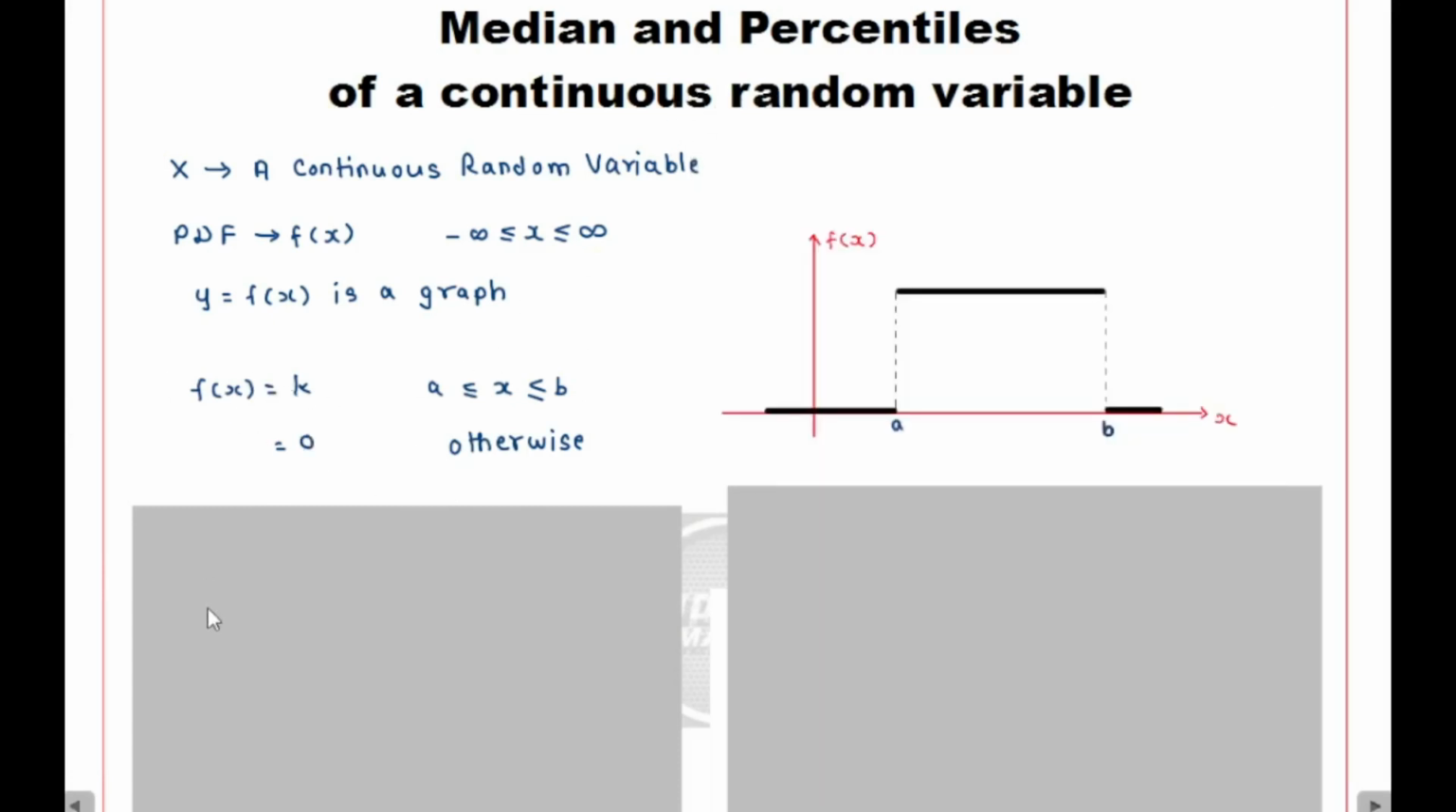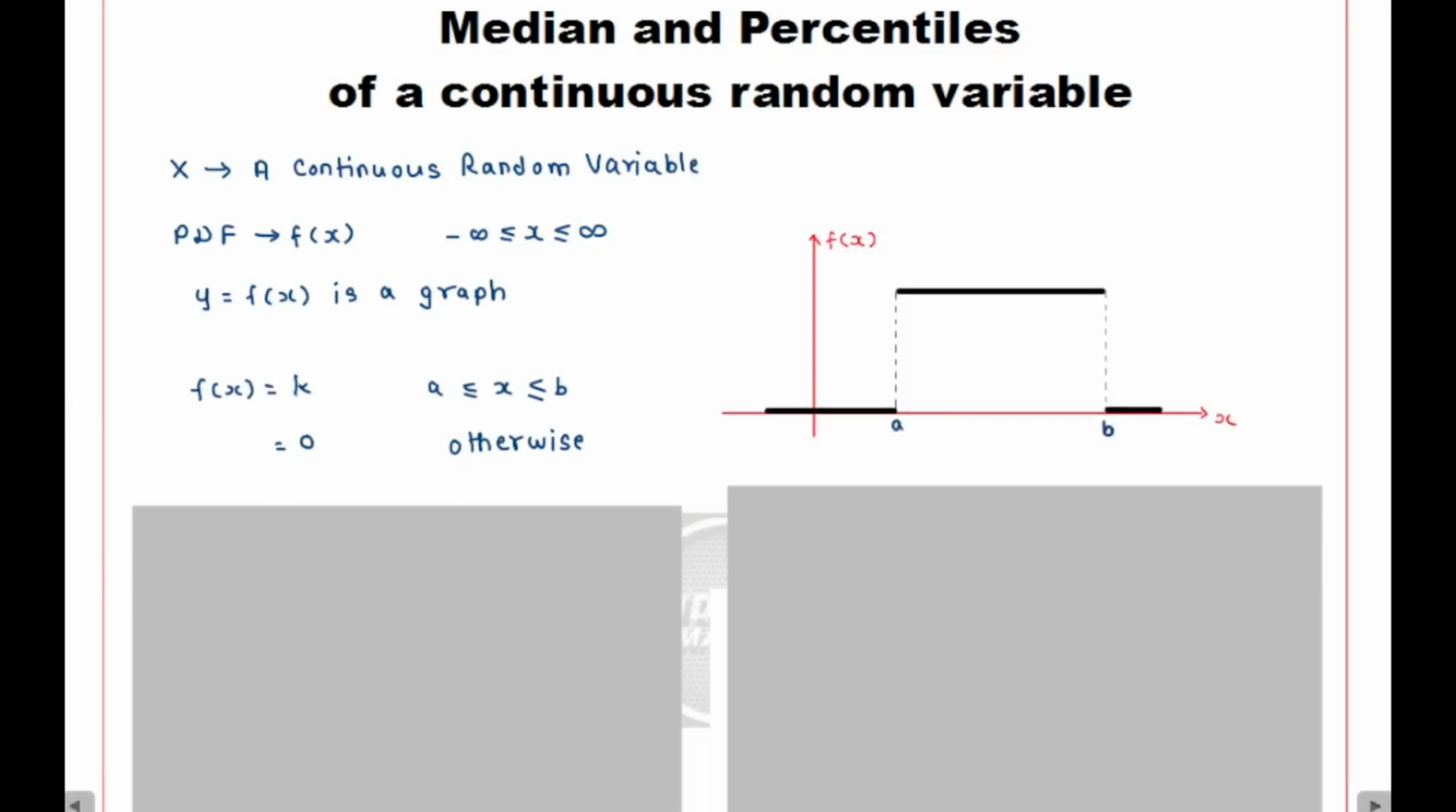Now this y is equal to f of x will be a graph. Let's take a very simple graph of f of x. Suppose f of x is equal to k, where k is some positive constant, defined for the interval x greater than or equal to a and less than or equal to b, and f of x takes value equal to 0 otherwise. The graph of this f of x will look somewhat like this,